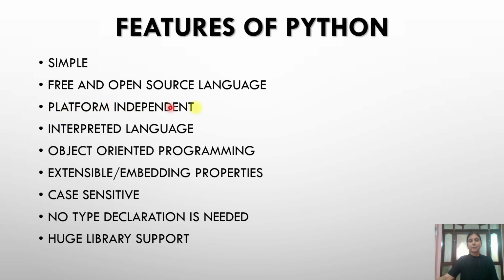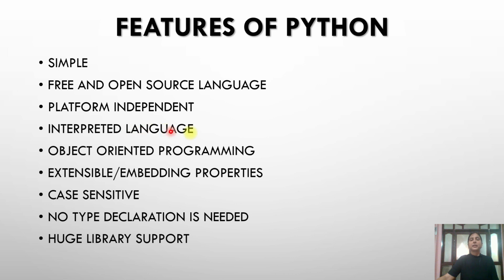It's platform independent. So like Java, Python is also platform independent language, or we can say portable language. It can be run on any platform like Windows, Unix, Linux, Mac. So it can be run on any operating system. And we can make the code and share the code with others. And if any one project we are working upon, we can divide the project in different parts, and different parts can be performed on different machines. So it is easy to work with.